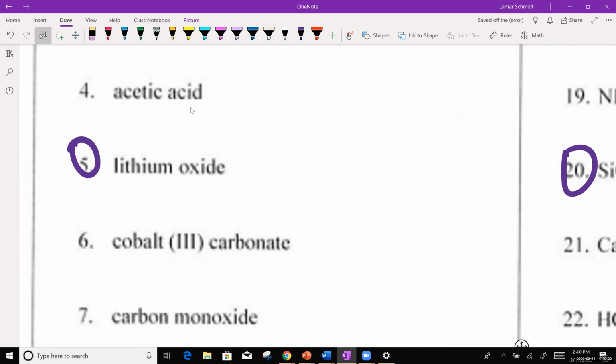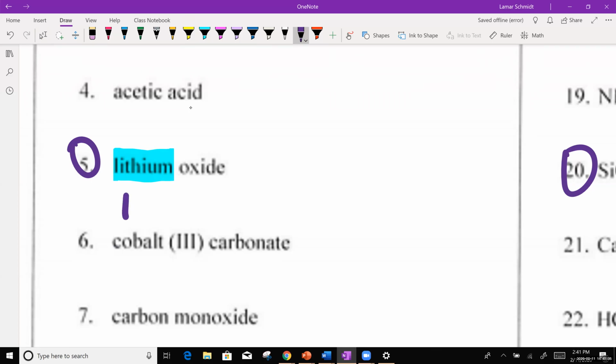So if you have lithium oxide, you first should recognize that this is a metal. Lithium is a metal. And if you have a metal in your compound, then you will have an ionic compound. And if you have an ionic compound, what do you have to look at? That's right, the charges. So you're going to go to your periodic table, and you're going to find the charge of lithium. So get your periodic table out, and you find that lithium